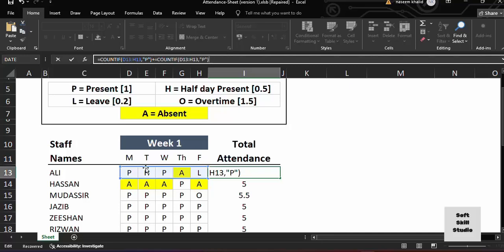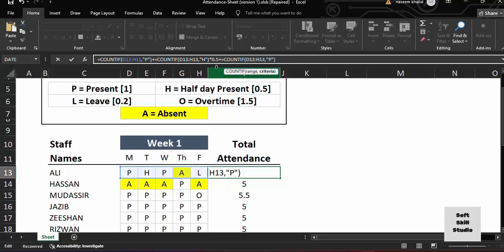So I will copy this formula again, and in this formula I will replace P and write H, and since the half day is 0.5, I will multiply it with 0.5. Then again plus, then again copy the formula,